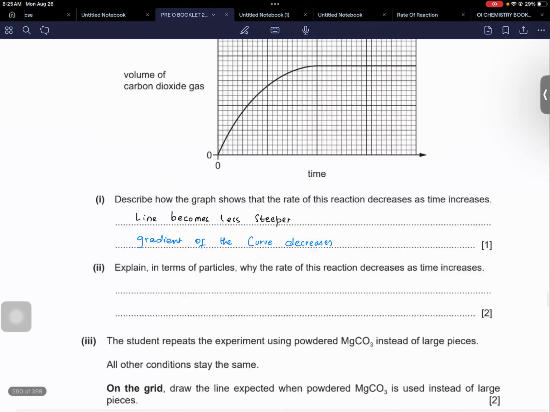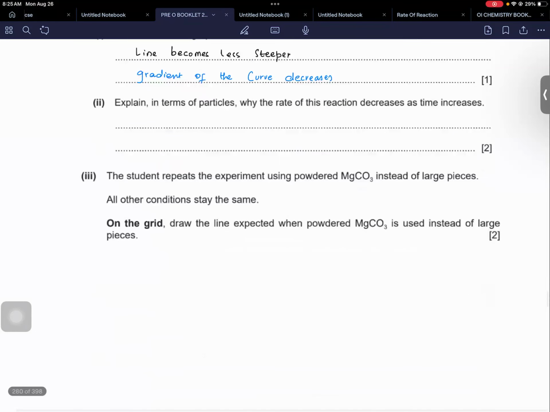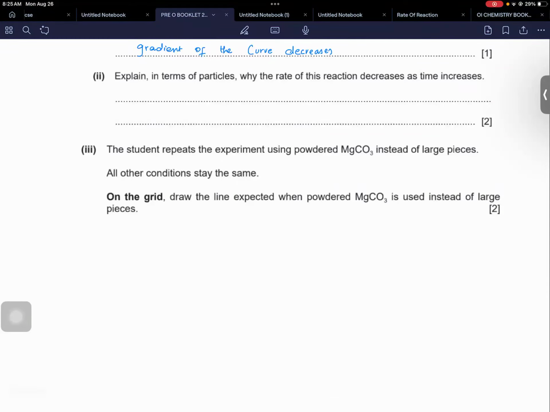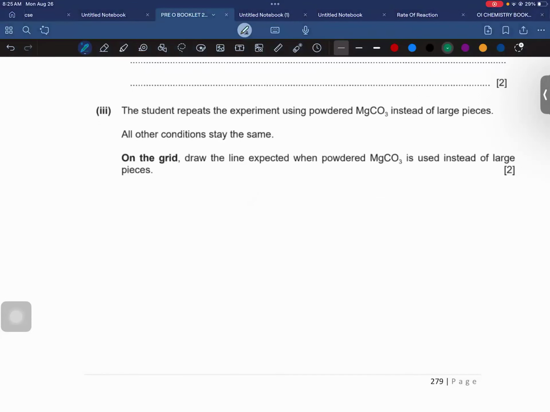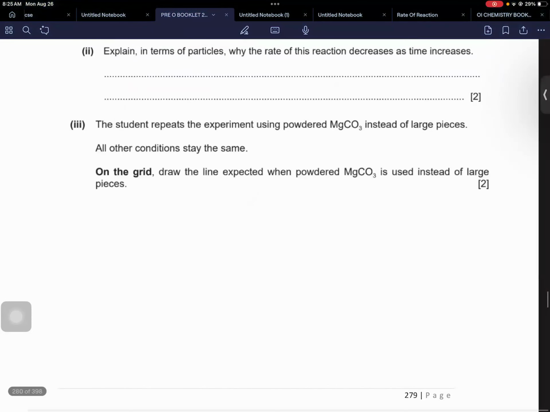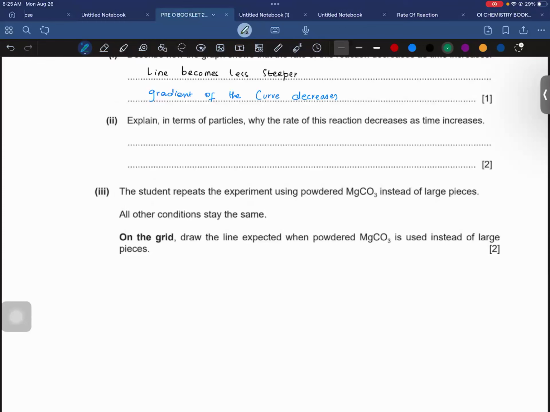So there will be less concentration of the reactants because the reactants will be used up in the reaction. So it will have fewer collisions, which means the rate of reaction decreases. When the reaction has started, we always say that the concentration of reactant decreases and the concentration of product increases. So as time passes, I can say that the concentration of the reactant particle in